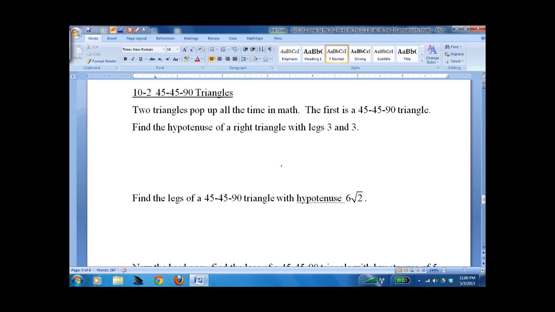Lesson 10-2, 45-45-90 triangles, and Lesson 10-3, 30-60-90 triangles. We'll start with 45-45-90 triangles. They're one of the two triangles that pop up all the time in math. So the way this works is we have a right triangle, and we know that